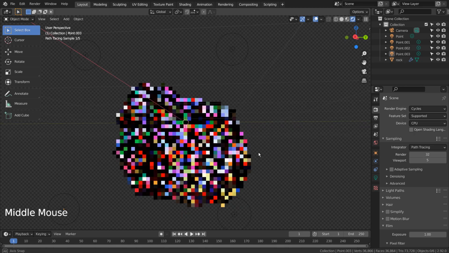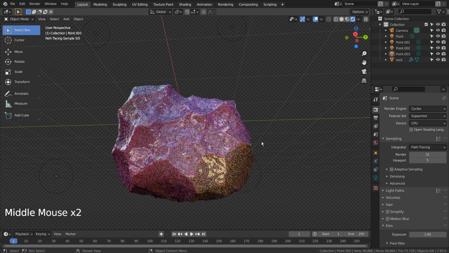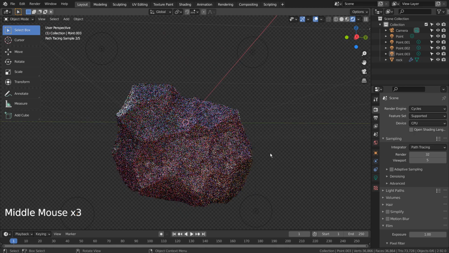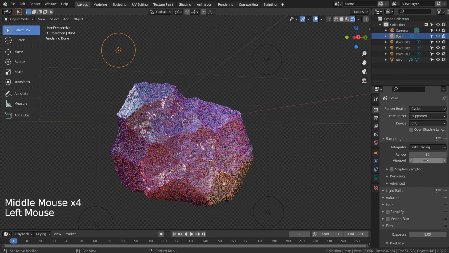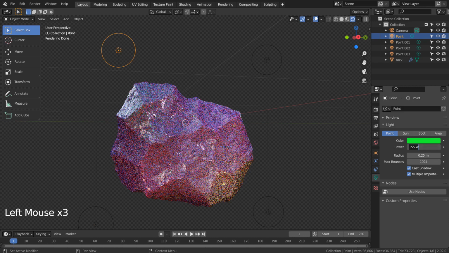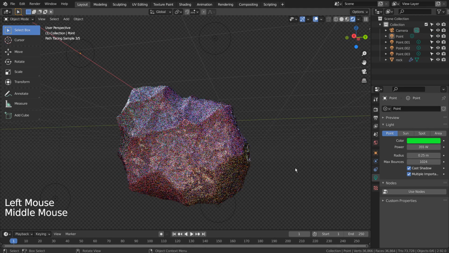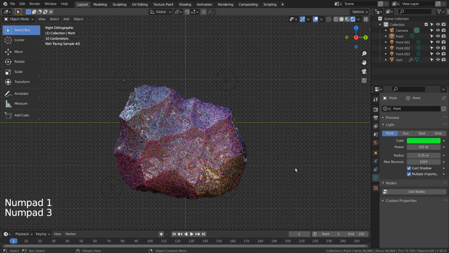This is how the rock looks like. Time to create a ground plane.